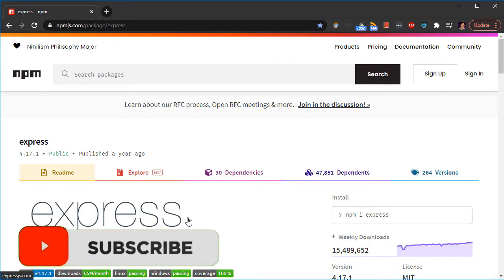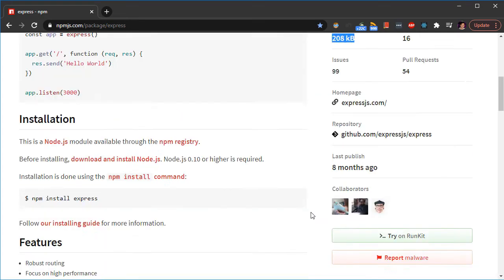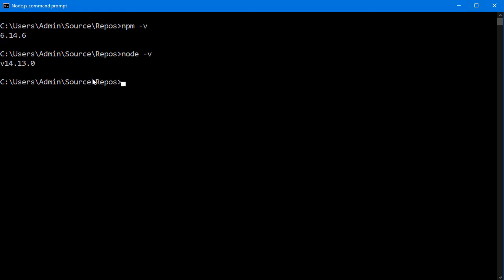This is a very popular package, and this has got more than 15 million weekly downloads. The package size is very small. It also talks about how you can use it and how you can install it. But this video is not about the Express package so much, but it's more about what is npm. If I go back to my command prompt, so let's say you would like to get started with your